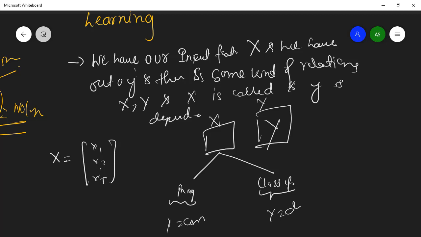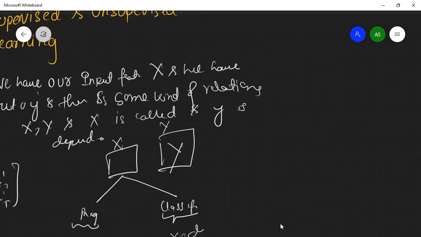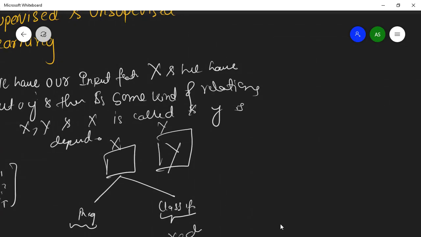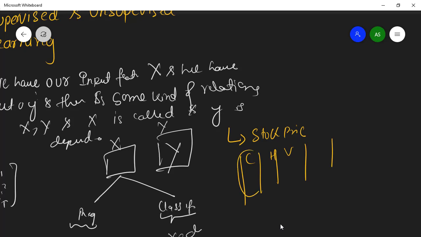Okay, so let's see some of the applications of supervised learning to help you understand better and get the feel of supervised learning. We have maybe stock price prediction. You are given the closing price, high, and maybe some volume, and you want to predict the stock price. You can consider close as the target variable. You want to predict the closing price based on high and volume. So high and volume are your independent features, and close will be your dependent feature, which will be the